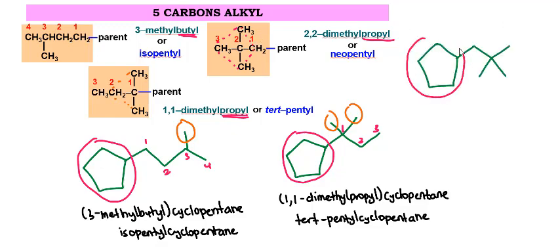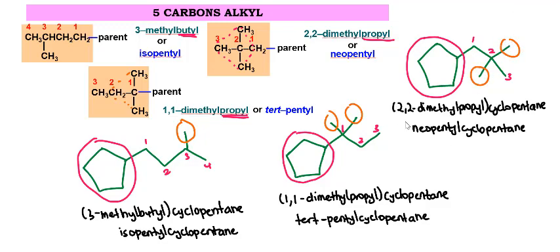Okay, sebagai contoh inilah dia. Okay, this is our parent. Okay, and then this is the first carbon, second carbon, third carbon, and then the methyl group attached to the second carbon. Okay, so dia punya IUPAC name boleh jadi 2,2-dimethyl propyl cyclopentane ataupun neopentyl cyclopentane. So for this one, okay, for the alphabetically order kita akan ambil kira N lah. Okay, N ni termasuk dalam alphabetically order. So that's